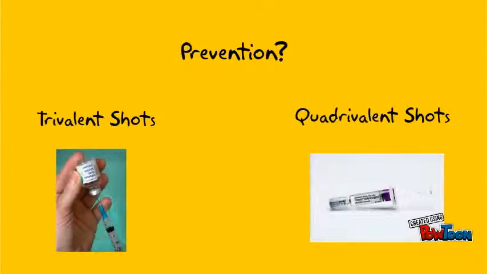High-dose shots are for people over 65 or elderly people. Cell-based shots are grown in an animal for those over 18. Recombinant shots are created using DNA technology, approved for people from 18 to 49 with severe egg allergies. These shots and nasal sprays are vaccines, and they will only last for 1 flu season, after which the flu virus can mutate.